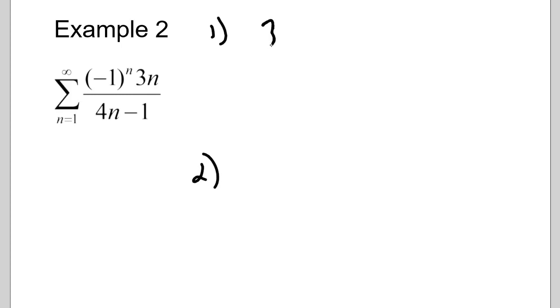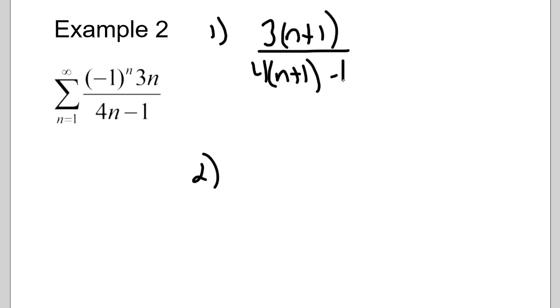So I have (3n+1)/(4n+1) - 1 is less than or equal to 3n/(4n-1). So in this one, the numerator is getting bigger and my denominator is getting bigger. So unfortunately, it makes it really difficult for me to determine if that's decreasing or not. So let's look at the second criteria. And if the second criteria works, we'll come back and look at the first criteria and actually work on it